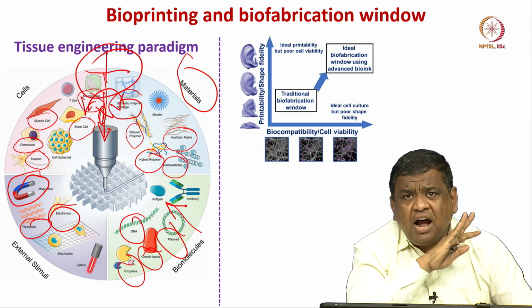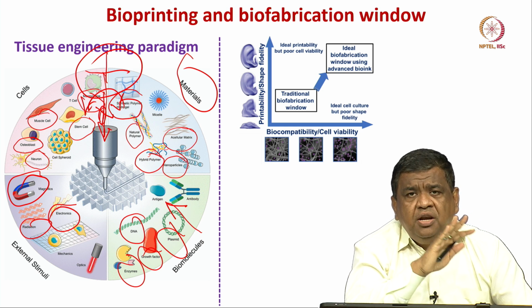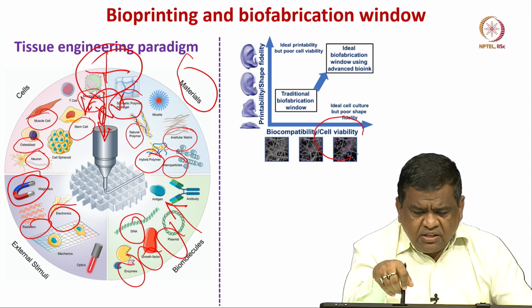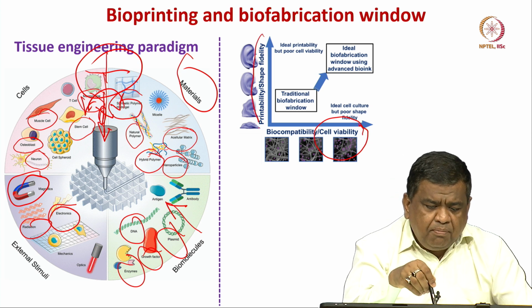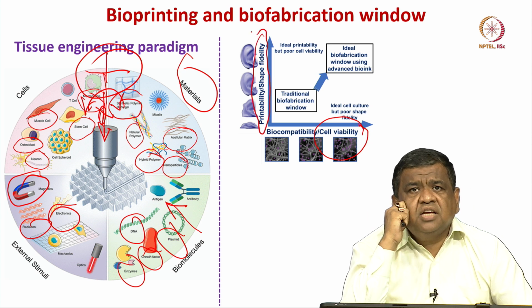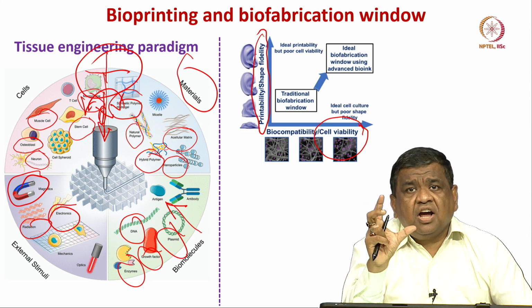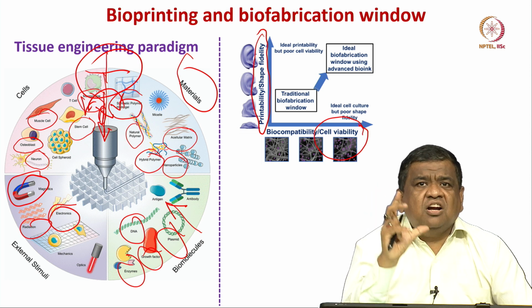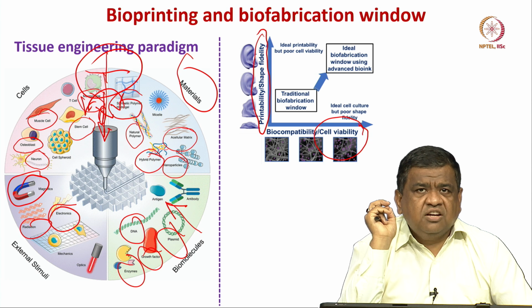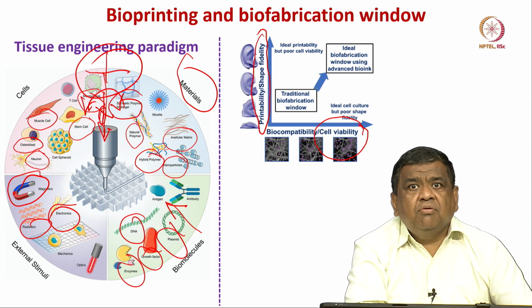One of the things that I have highlighted and emphasized is that when you go from 3D printing to 3D bioprinting, you have to be very conscious about cell viability or biocompatibility. And you have printability and shape fidelity. Shape fidelity means, suppose you want to 3D print a heart structure, it should mimic the natural heart structure to the closest extent possible. And what is the fidelity of that shape that you are printing.